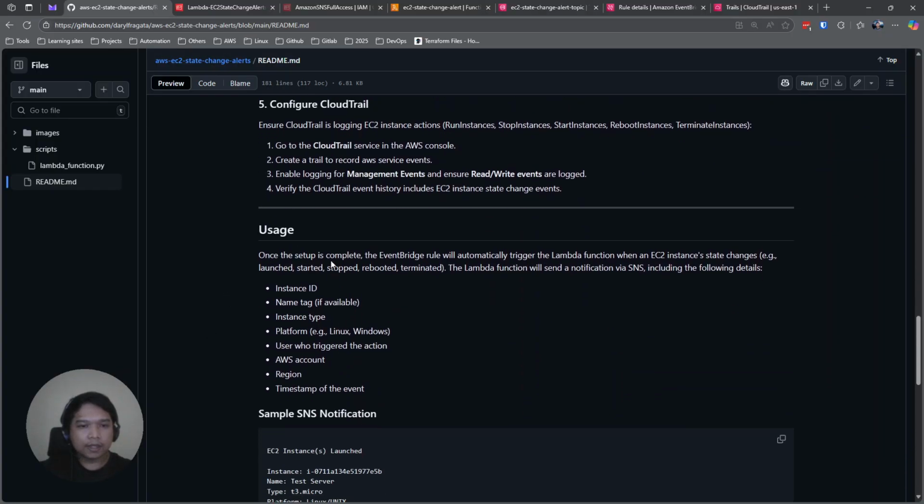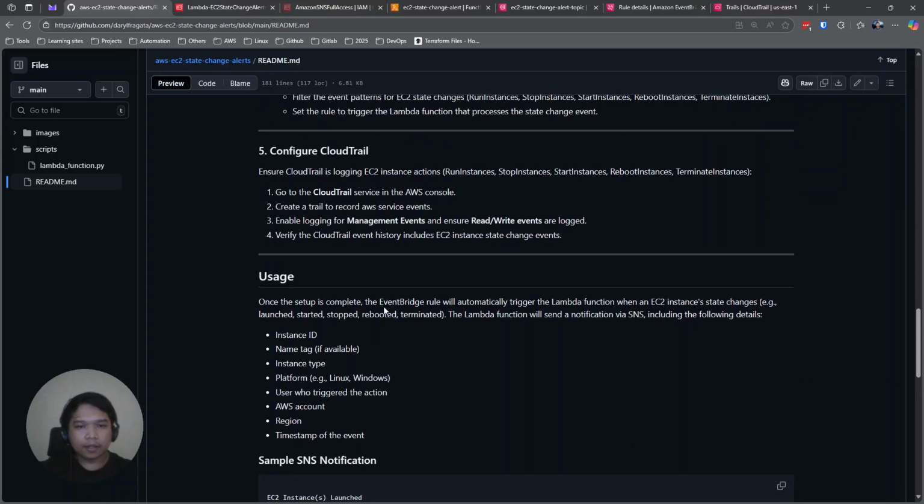Once the setup is complete, the EventBridge rule will automatically trigger the Lambda function when an EC2 instance state changes. For example, if an instance is launched, started, stopped, or any event from that, the Lambda function will send a notification via SNS, including the following details.